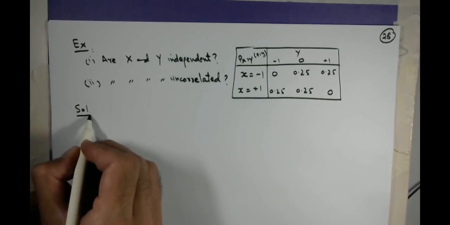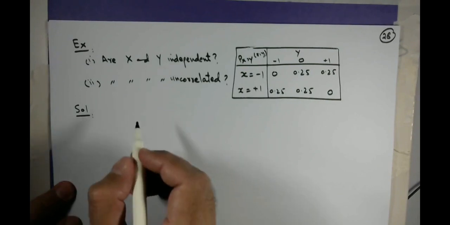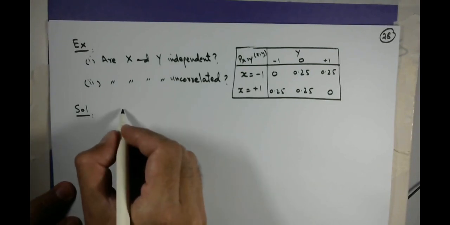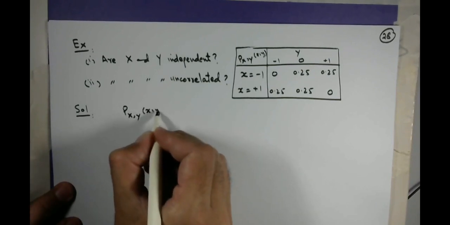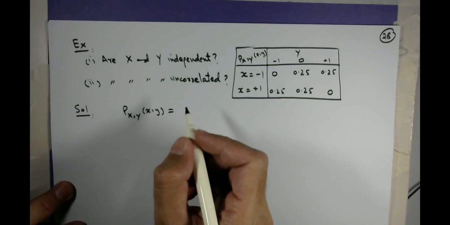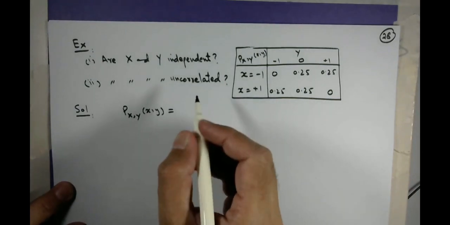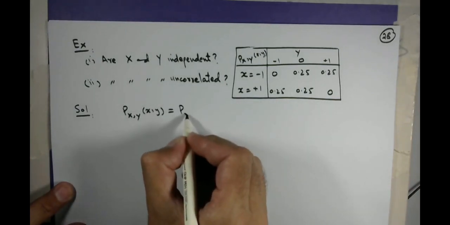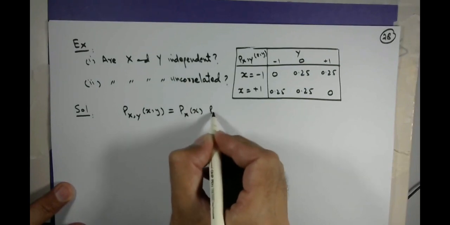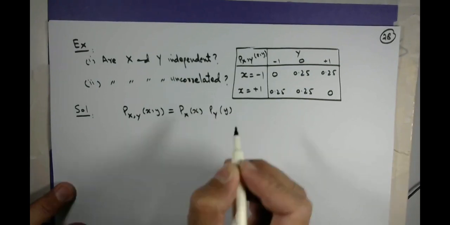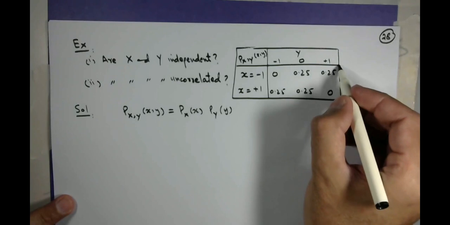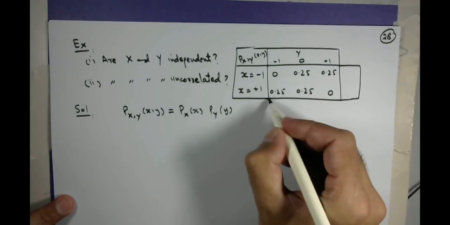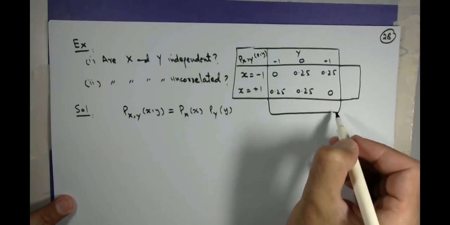So I'll provide the solution. For independence of the two random variables x and y, I need to establish that the joint occurrence probability of the two random variables is equal to the product of the individual occurrence probabilities. And from here you also know that the distribution of x and distribution of y can be written